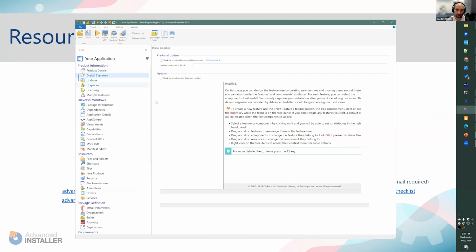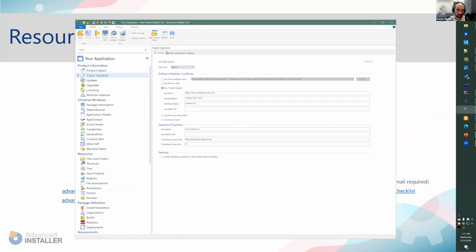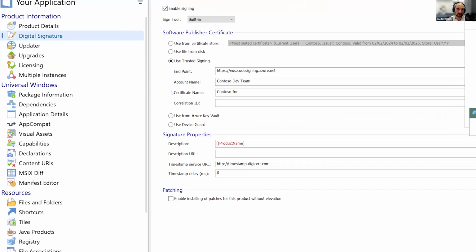You might be running an older version of Advanced Installer, but if you go to the digital signature page, software certificate, you have the old options to use the certificate from disk, Azure Key Vault, and now we have a new option called Azure Trusted Signing. If you're using an older version of Advanced Installer, from what I remember, we released this in April or May this year, so like 3 or 4 versions back. If you haven't updated in the last 6 months, you won't see this option in Advanced Installer. But if you are on the latest version, you should see this option